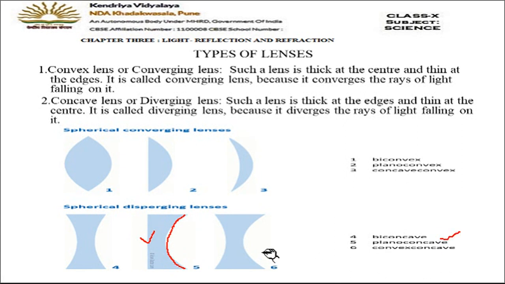And if you see the third diagram here, this side is bulging outside like this, and this one is the bending inward type. You can see the difference, there is a little difference in this. This is the bulging part and this is the exact concave shape. So the name is convex concave lens. So these varieties are available among the lenses.